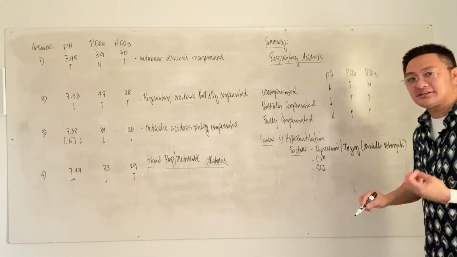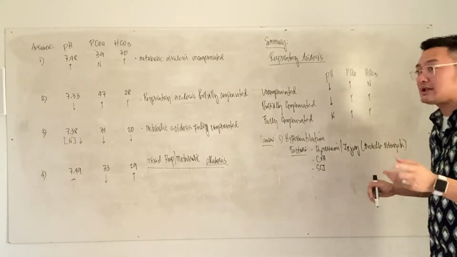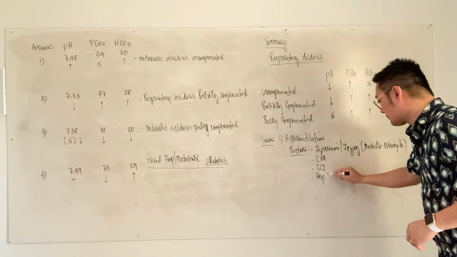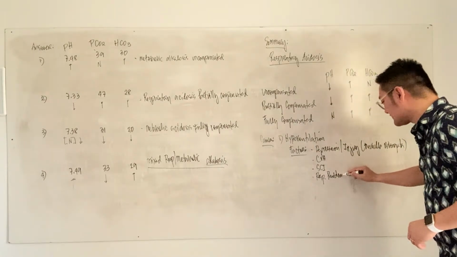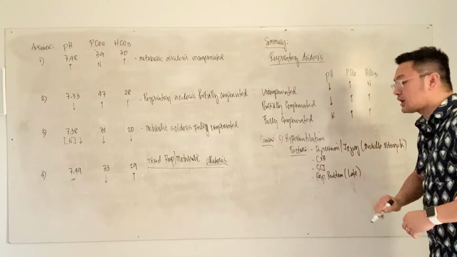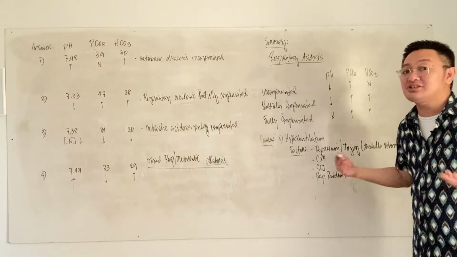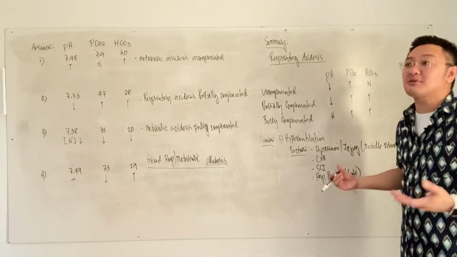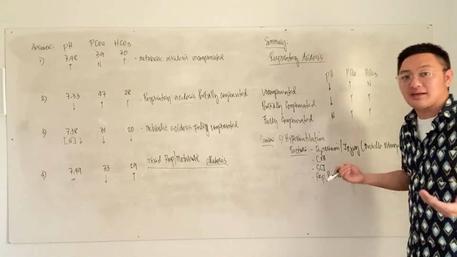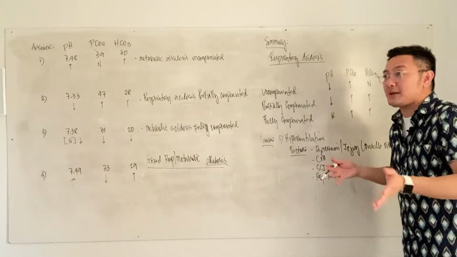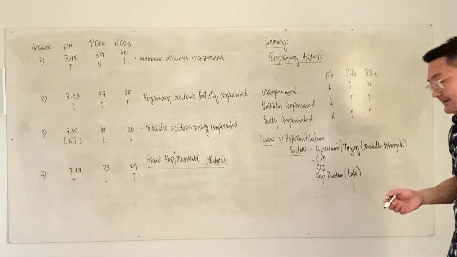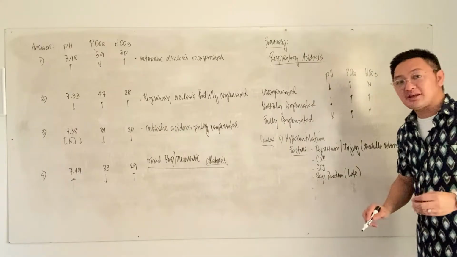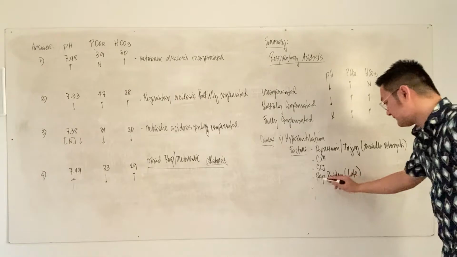What else? Another reason that can cause hypoventilation will be the late part of a respiratory problem, okay? So a patient with respiratory disorders on the later part will also hypoventilate, because initially, during a respiratory crisis, you tend to hyperventilate because of anxiety, okay? And then eventually, if not treated, the patient will what? Will hypoventilate, okay? Next, another reason of hypoventilation is a patient having a neuromuscular problem, okay?